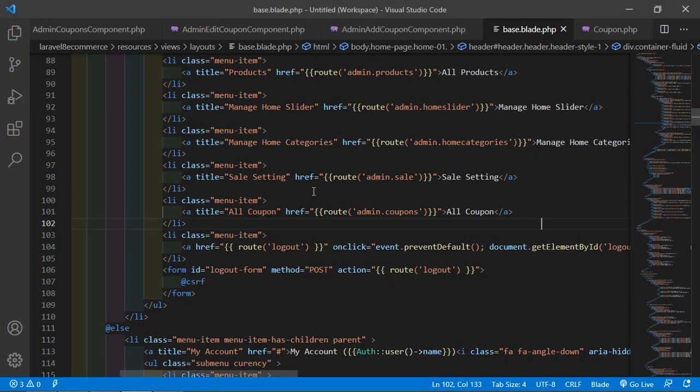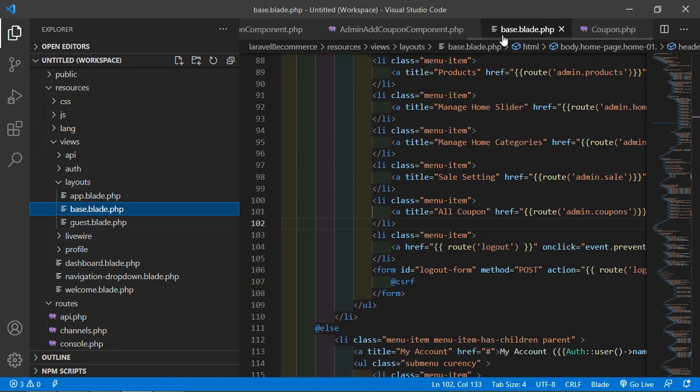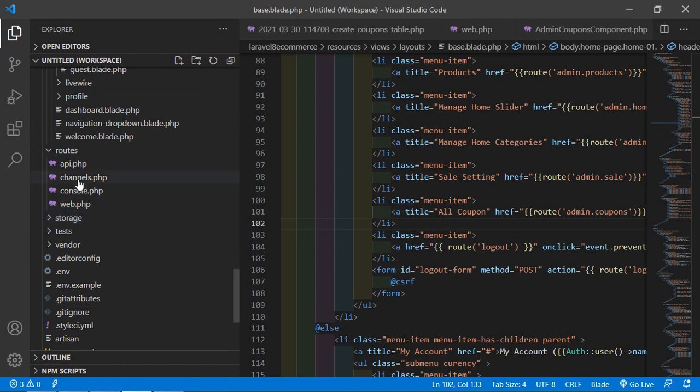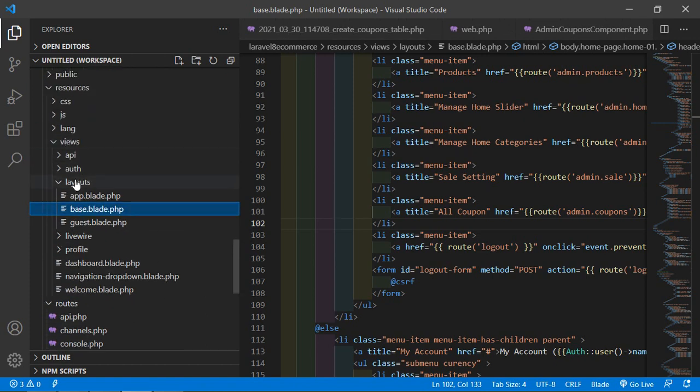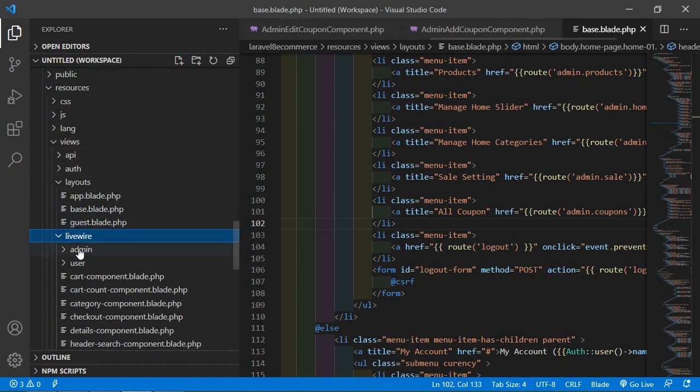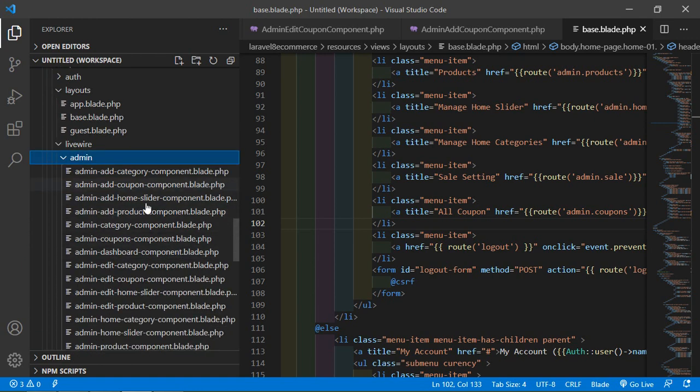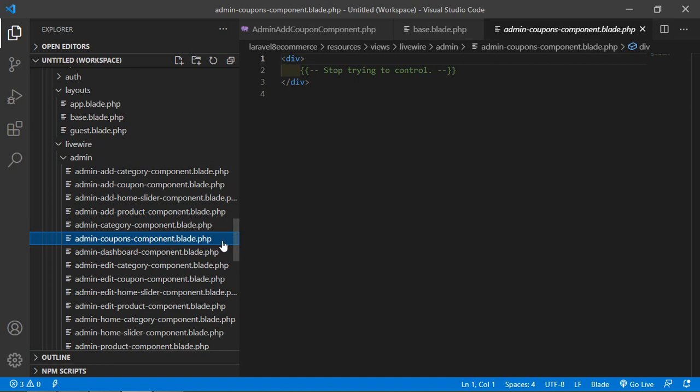So go to the project, and now go to the admin coupon component view file. So from the resources directory, views, livewire, admin, and from here just open admin-coupons-component.blade.php file.